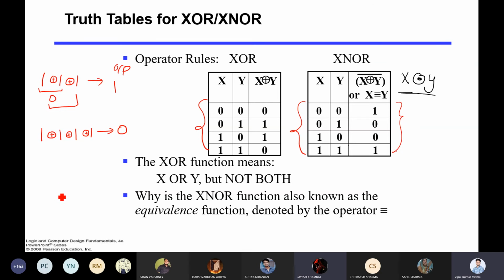Okay, now without solving, I am writing one part: 0, 1. On odd numbers it gives 1, on even numbers it gives 0. Yes, someone observed it. Exactly. So whenever you have an odd number of ones, then it will be 1. If you have an even number of ones, then it will be 0.